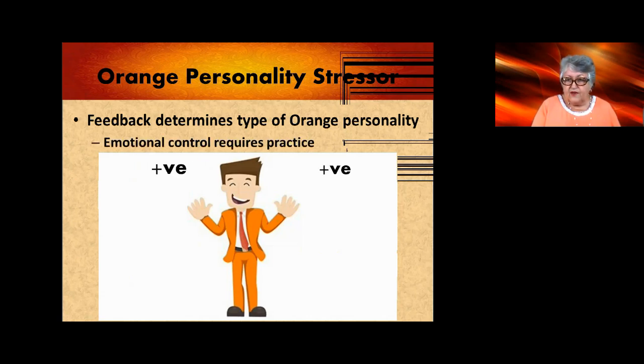There are both positive and negative outcomes, and these are all due to the sort of emotional control that we have over the actions that we produce due to environmental stressors, and those actions require practice. So on the positive scale of things, an orange personality will be warm. It will be excited about things. It will pay attention to detail and also attention to others in their environment. They tend to be fairly cheerful people, and of course there is a fair amount of flamboyance that's associated with the orange personality. They're a little bit over the top, and they tend in that respect to be leaders.